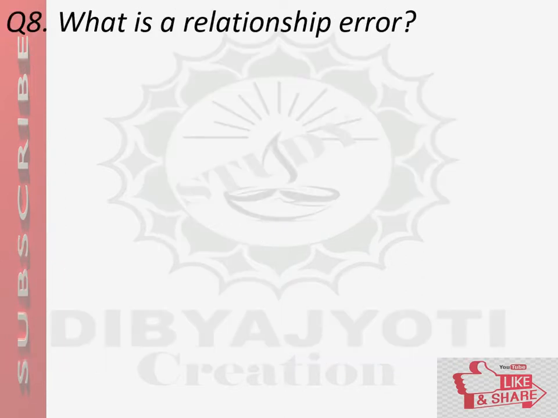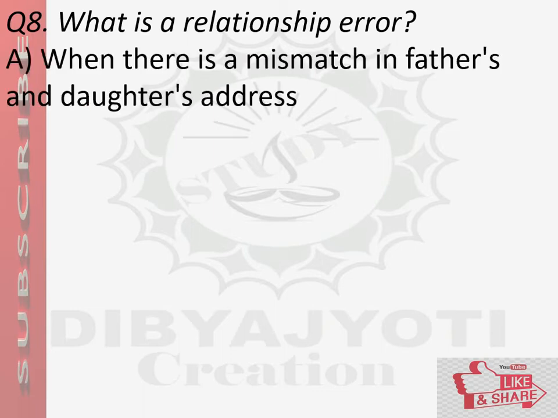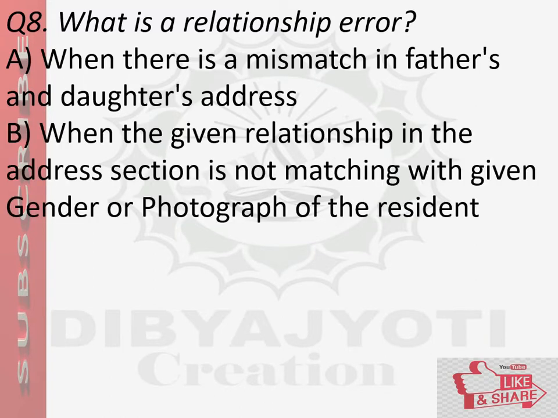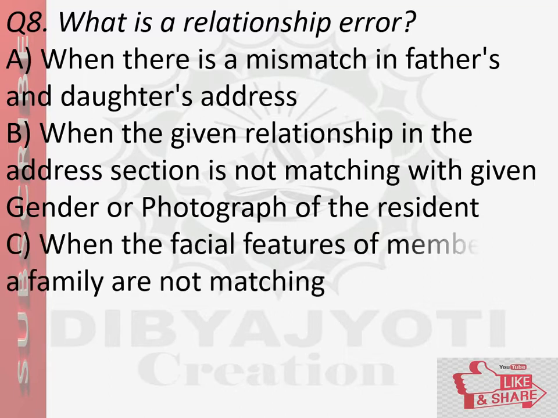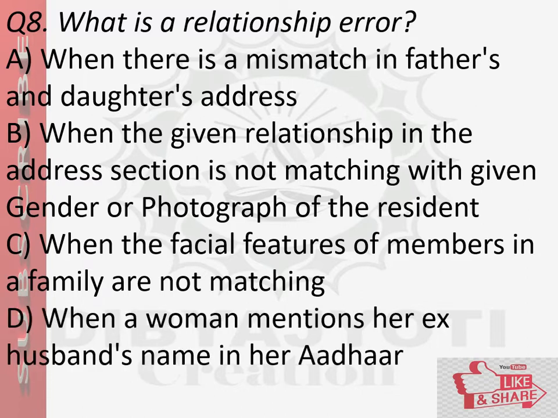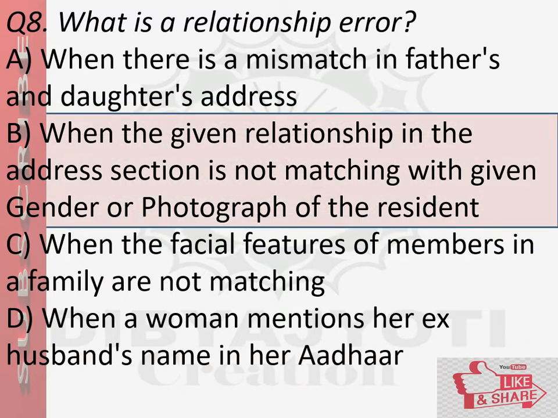Next, what is a relationship error? Options are: Option A, when there is a mismatch in father's and daughter's address. Option B, when the given relationship in the address section is not matching with given gender or photograph of the resident. Option C, when the facial features of members in a family are not matching. Option D, when a woman mentions her ex-husband's name in her Aadhar. And the answer is option B, when the given relationship in the address section is not matching with given gender or photograph of the resident